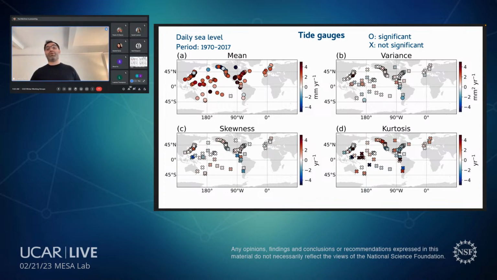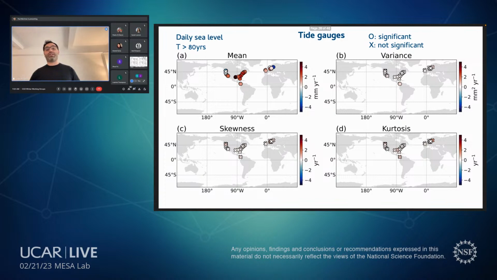So this means that you can explain these changes in sea level distributions in the observed world as a simple shift of the probability distribution towards, in general, higher values. One obvious critique here is that maybe we're using just 50 years of data, and it may not be enough to actually capture changes in higher order moments such as skewness and kurtosis. We know that this may not be the case from synthetic datasets, but anyhow,